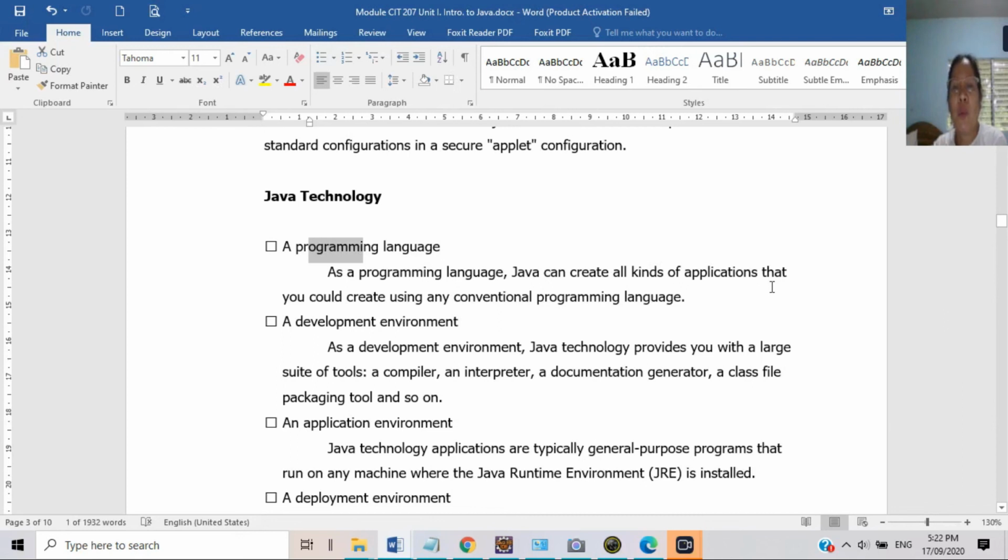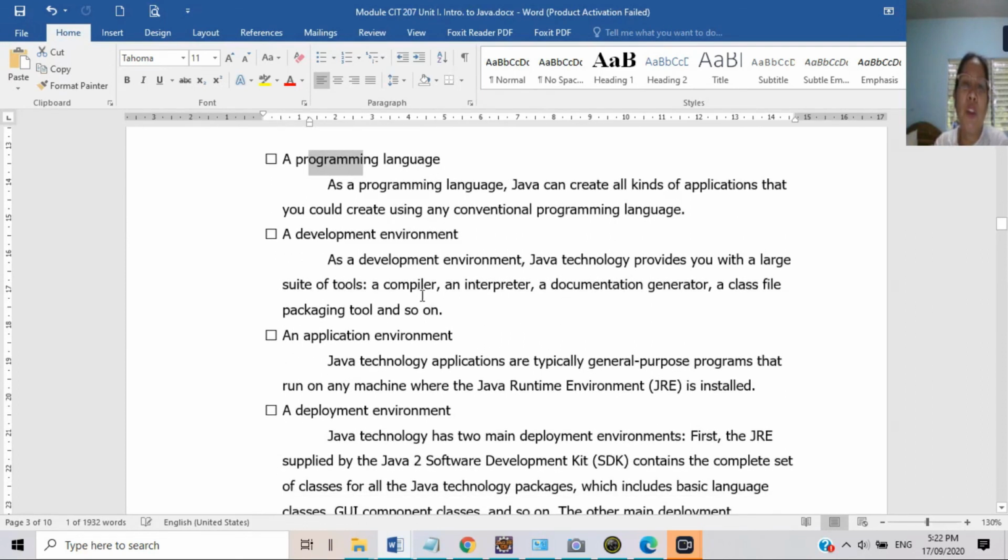If you want to create something like Facebook, any browser, or Word, Excel, PowerPoint, you can create similar applications using Java. As a development environment, Java technology